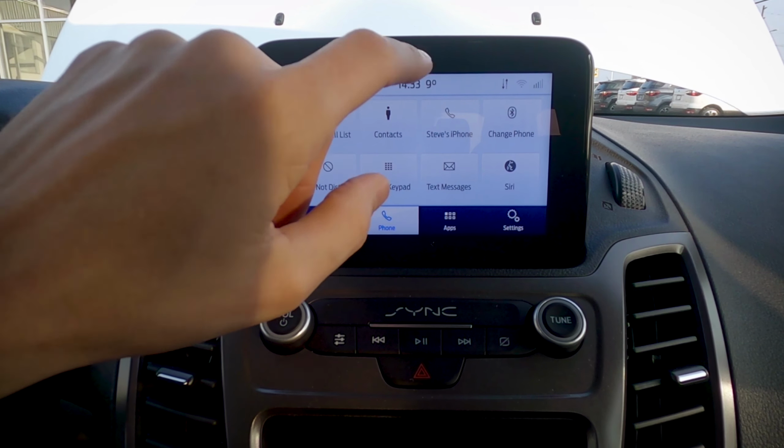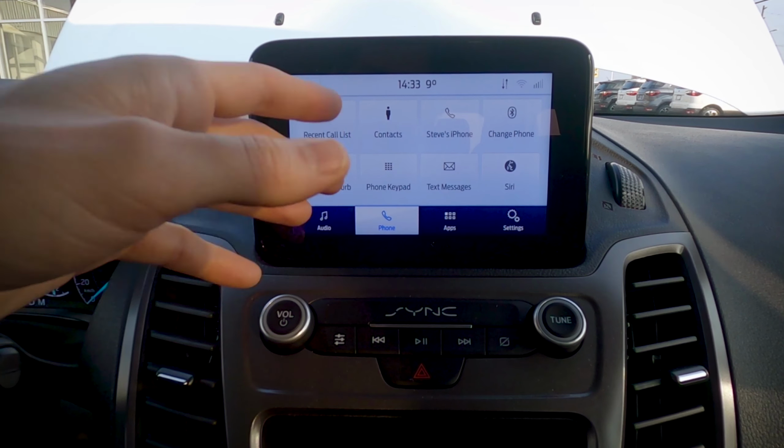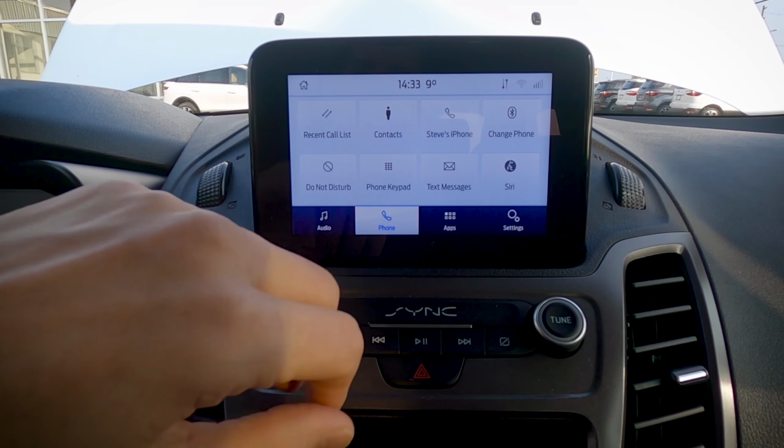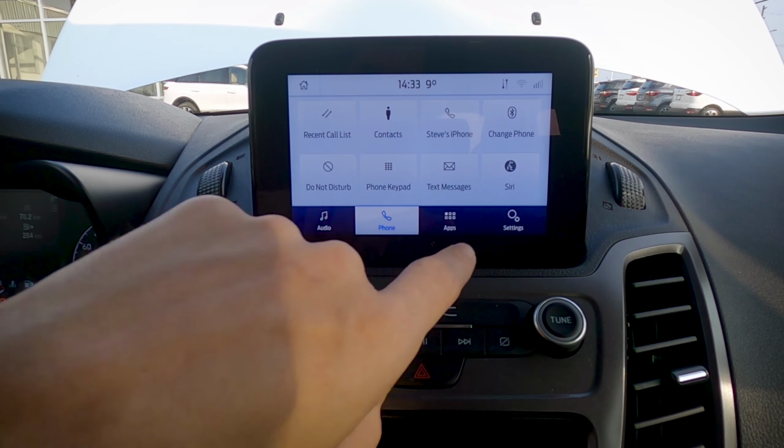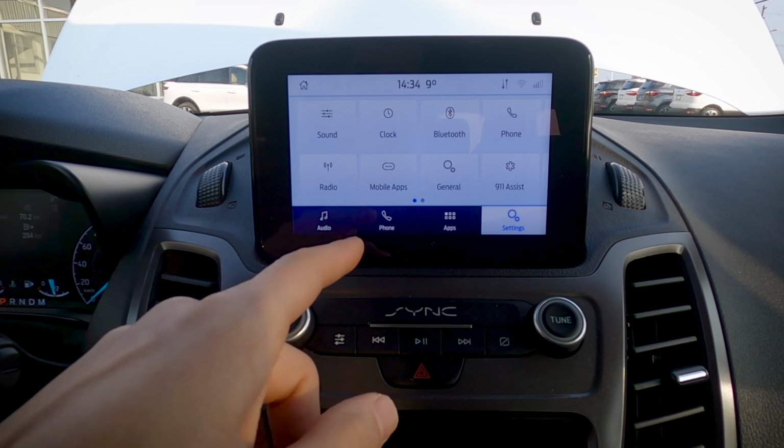So we can look at my contacts, my phone, we can change phones if we're running off of multiple phones, look at my text messages, things like that. So very, very straightforward. In order to be able to disconnect the phone, all we're going to do is go to settings,